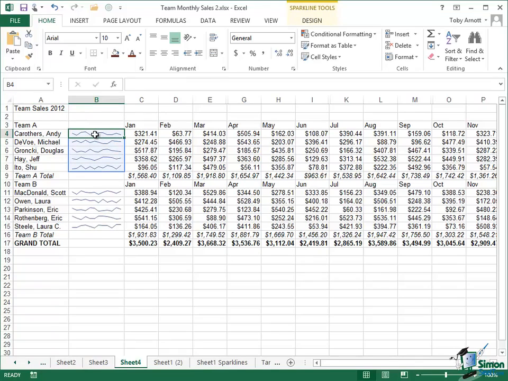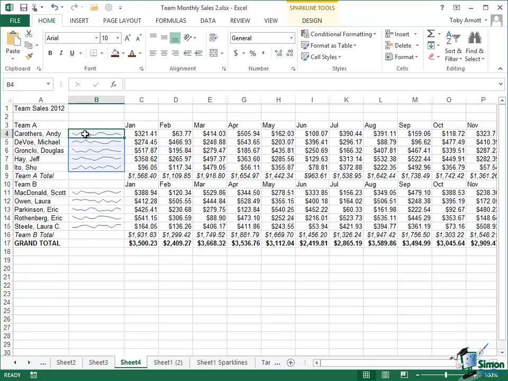You'll notice that when I select it, the cell is selected, but also the other sparklines that were created at the same time are selected. When you insert sparklines in the way that we did just now, they're basically inserted as a group. And one of the reasons that they're inserted as a group, although they all obviously refer to their own individual data, is that if you want to format them in some way, rather than have to go through what may be not just 5 but could be 50 or 500 sparklines,